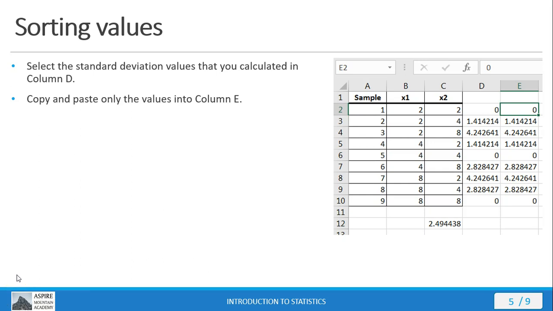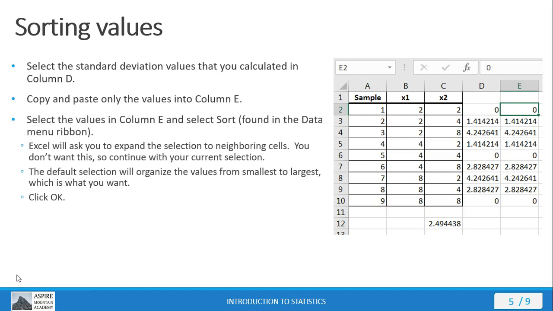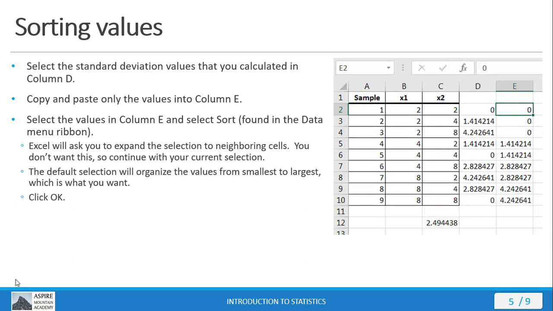And then, after I paste those values over into the next column, I'm going to select these values here in column E, and then I'm going to select sort, which is found in the data menu ribbon. And Excel naturally wants you to sort everything that's next to it. You don't want to do this, okay? So just select that you're going to continue with the current selection, and then the default selection is to organize from smallest to largest. That's what you want. Go ahead and click OK, and you see that it transforms there and becomes the same type of results that